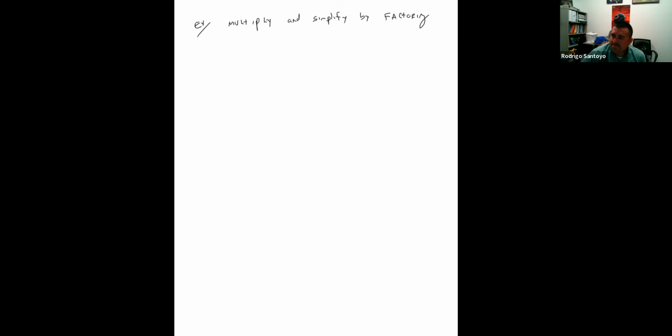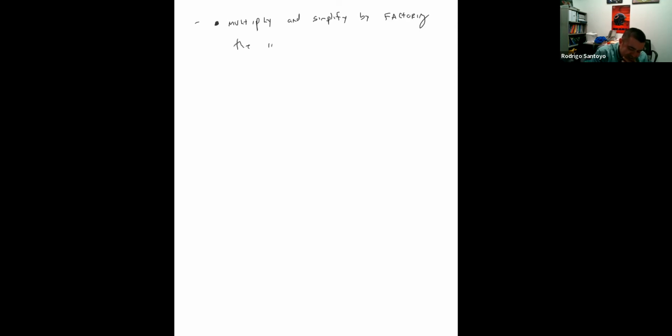So when we are multiplying and simplifying, let's state something. Let's not use the word example yet. All right, to multiply and simplify by factoring,